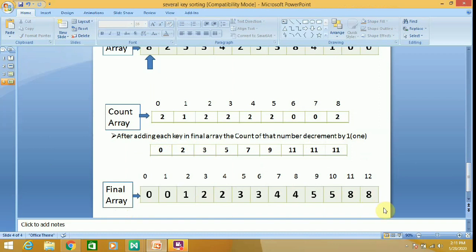So like that, if an element, that is a key, is repeated any number of times in the list, we can place it into the correct position. Finally all the key elements will be in order. That is a specialty of counting sort. That's why it is called a non-comparison sort. We are not comparing elements to each other, just placing the value in the position it belongs.